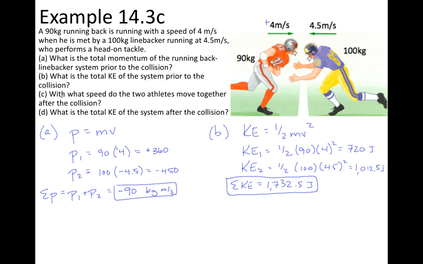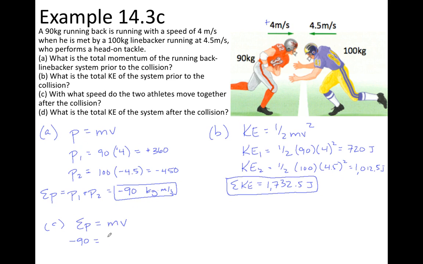Part C wants to know with what speed do the two athletes move together after the collision? So for part C, the system started with negative 90 kilogram meters per second. So that total momentum has to be maintained. After the collision, they're going to move together as though they are one object moving with some common speed, common velocity rather. And so the total momentum, which has to be conserved, is still negative 90, but now they're going to move like